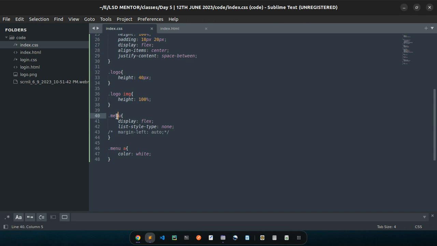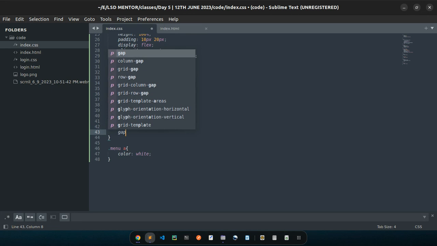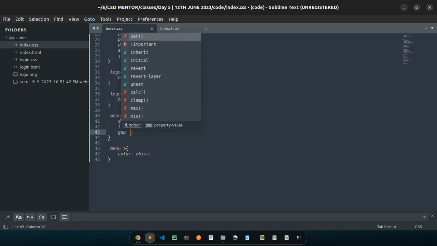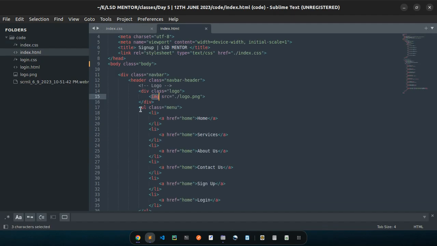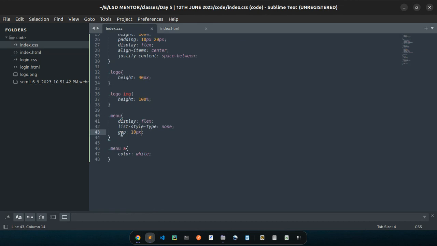So for my menu, I think that has moved to the end. So now my menu list here, I use display flex. I could also add another one called gap. The same maybe 10px. Let me see. Now the gap will add some space between each list item, because under the menu, the UL, that's the menu, they have list items. Using gap will add space, or another way you could have added the space between the elements